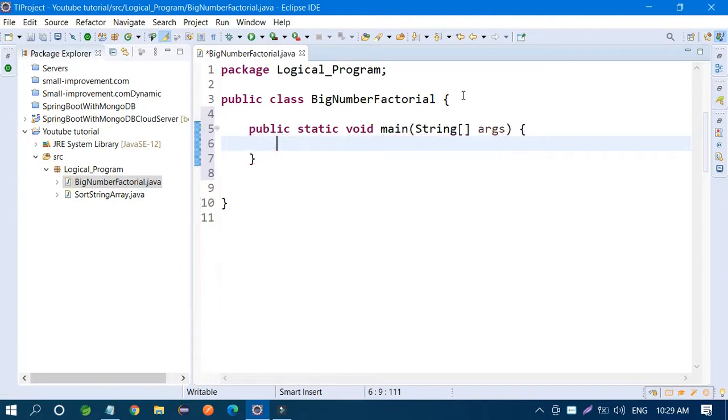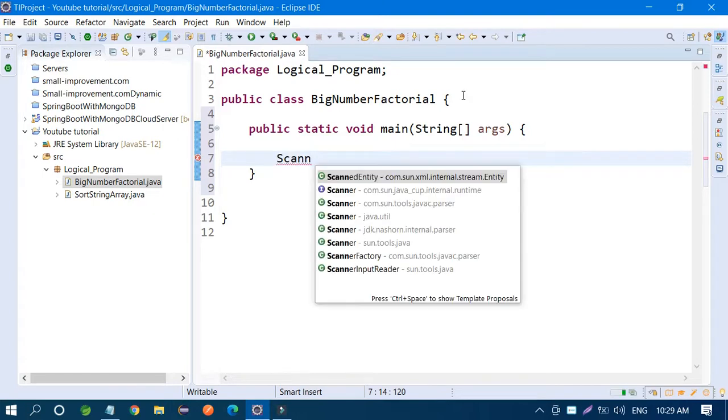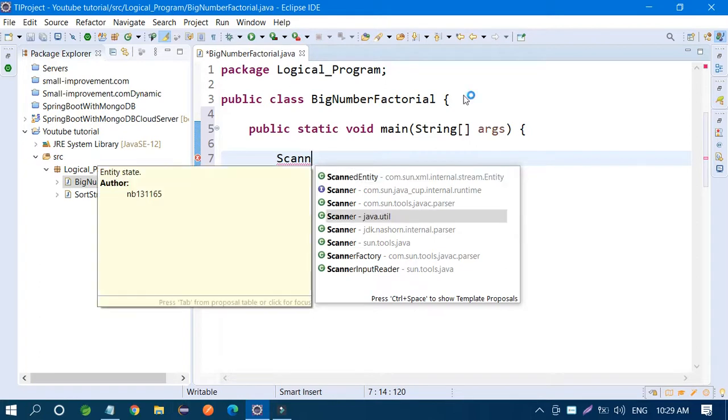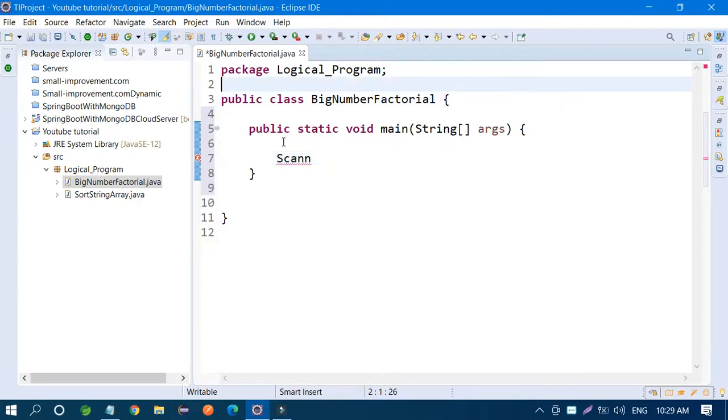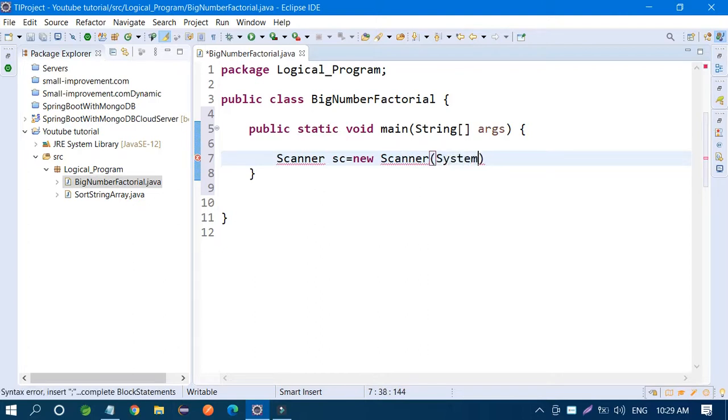Now what do you have to do? Create one Scanner object: Scanner sc equal to new Scanner(System.in).